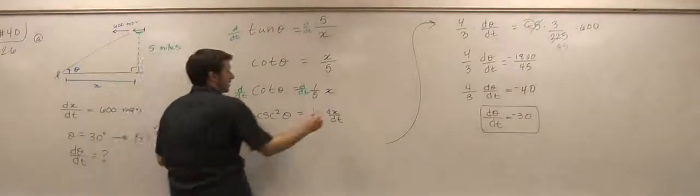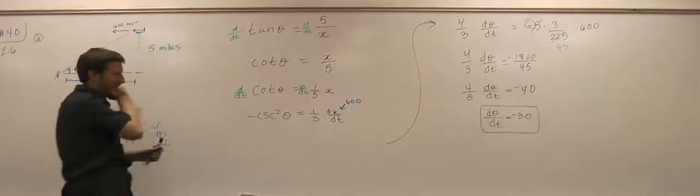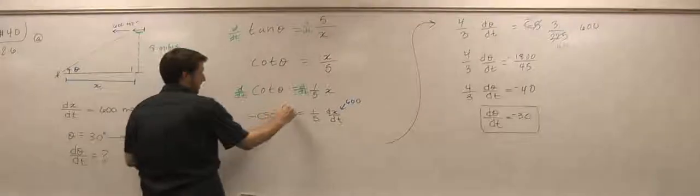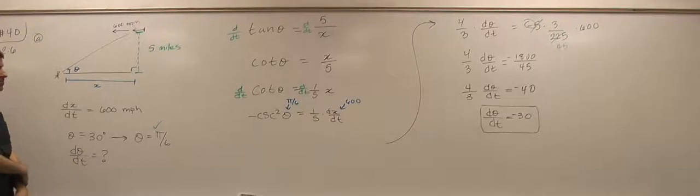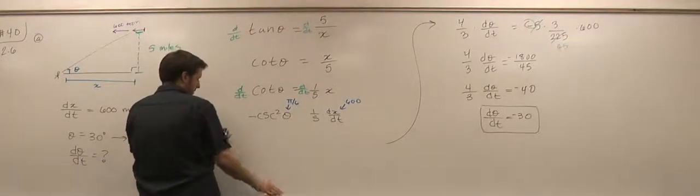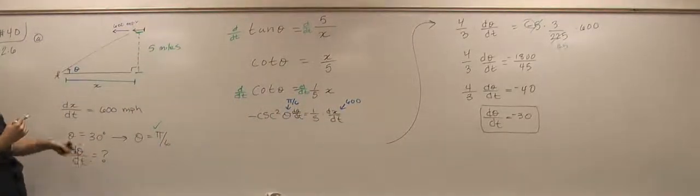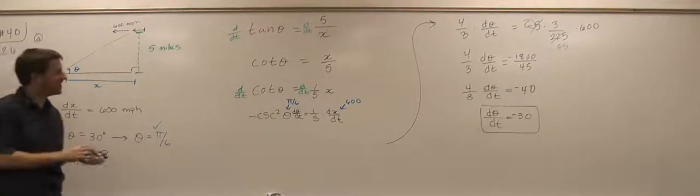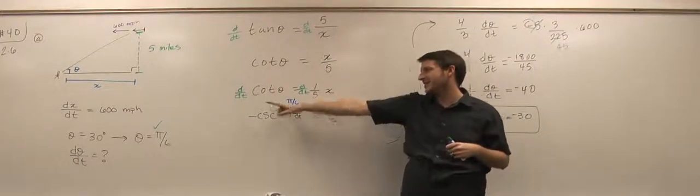But here, when x is on the top, we just are left with a dx/dt, so now we can plug in 600. And then we can plug in pi over 6 here. It should work out. Oh, except I forgot something when I derived. I have to multiply times d theta/dt. Yeah, that's a good check, right? If you're missing the thing you need to solve for, you probably screwed up. So yeah, when I derive cotangent, it is cosecant squared, but I need a d theta/dt because of my